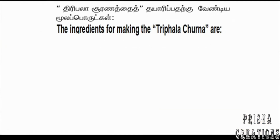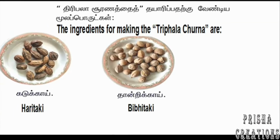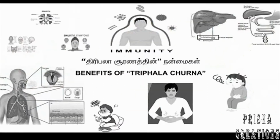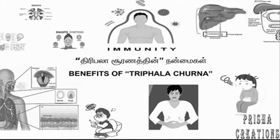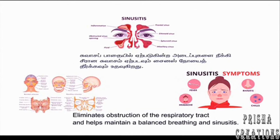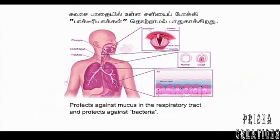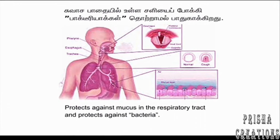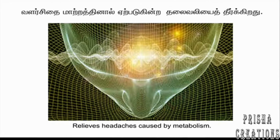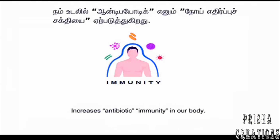The ingredients for making the Triphala Churna are Haritaki, Bibhitaki, and Amla, Indian gooseberry. The benefits of Triphala Churna are: it eliminates obstruction of the respiratory tract and helps maintain balanced breathing and sinusitis, protects against mucus in the respiratory tract and against bacteria, relieves headaches caused by metabolism and corrects eyesight disorders, increases antibiotic immunity in